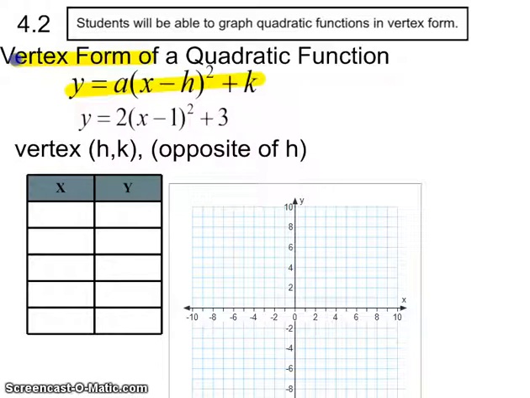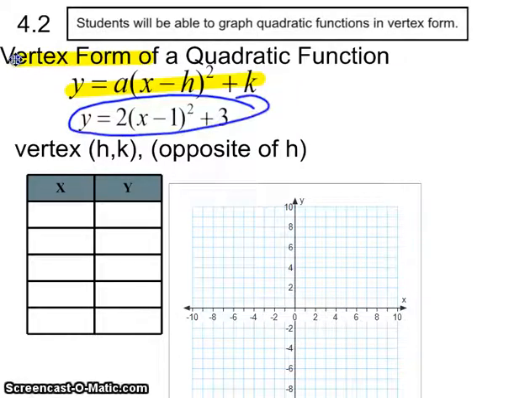All right, so we have the equation in vertex form. For vertex form, we have A, H, and K. And here's our problem. For this problem, what's the value of A? 2. Now, when we do H, keep in mind, in the formula, the negative sign in front